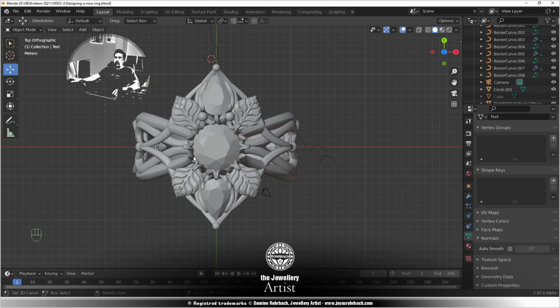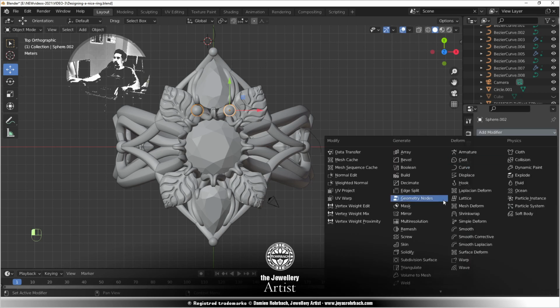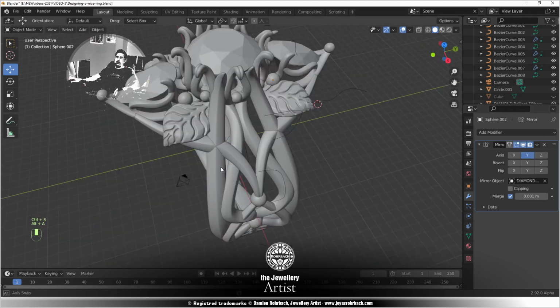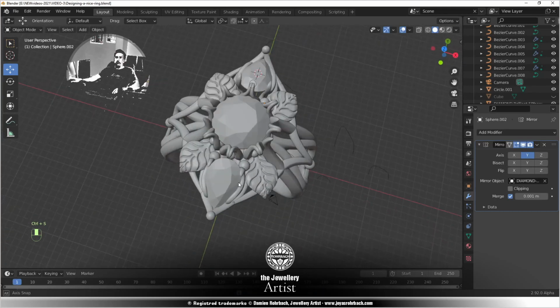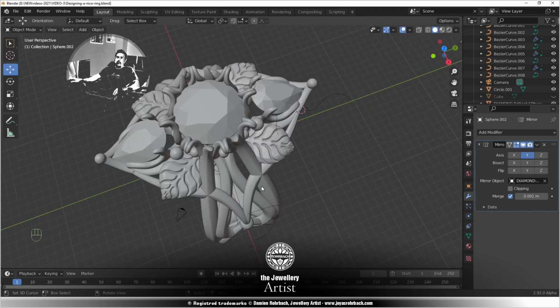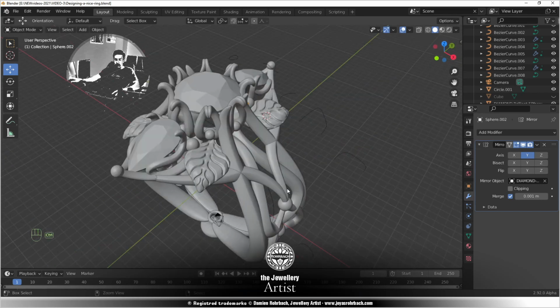You know what? The spheres. These two little spheres. That needs a mirror, and I will be there. I will be there because there's always someone trying to put me down for any reason. They say that my renders are not good enough. They say that this and that is not good enough,